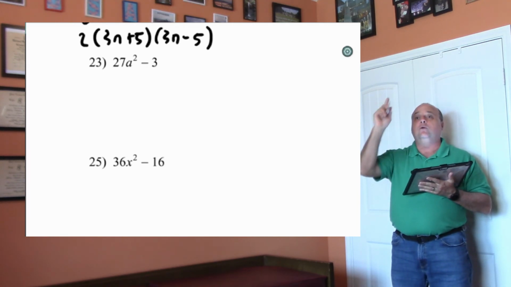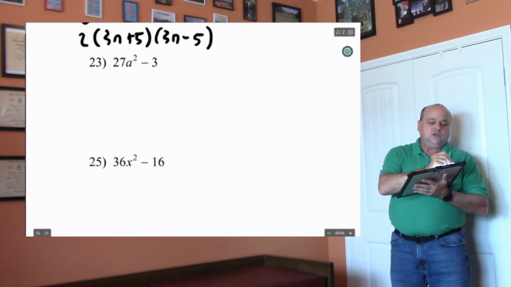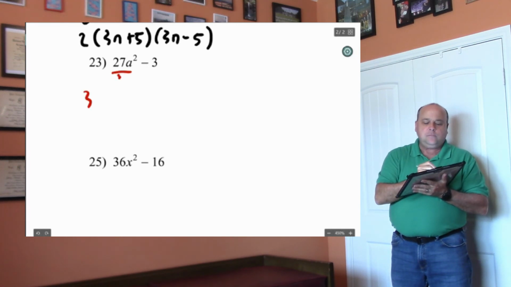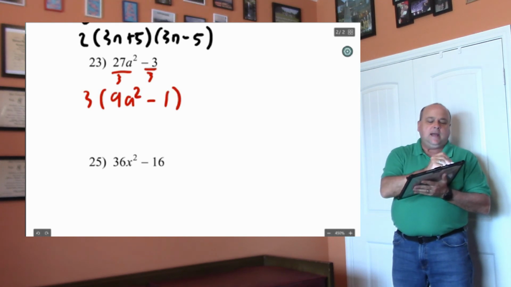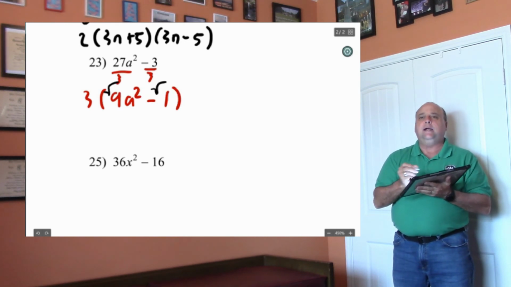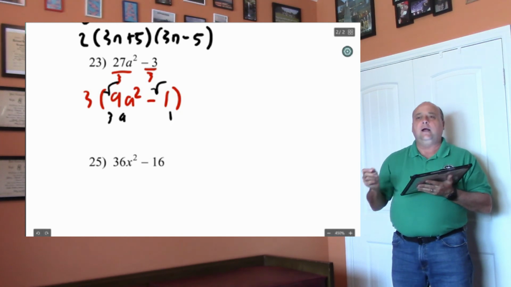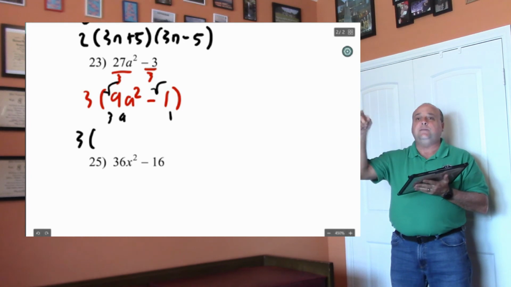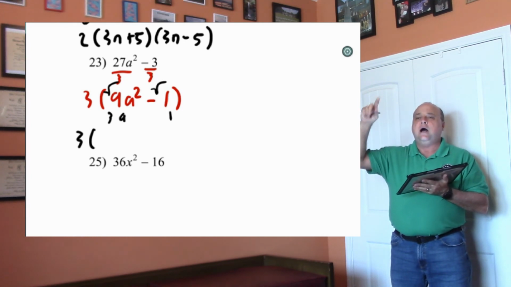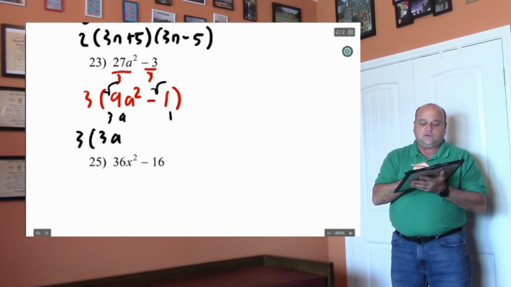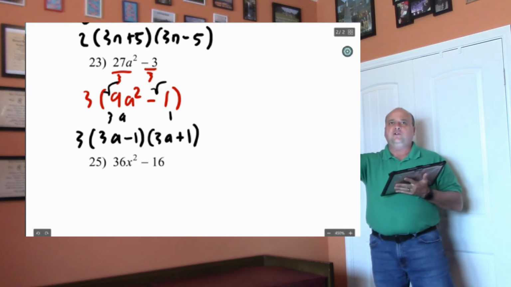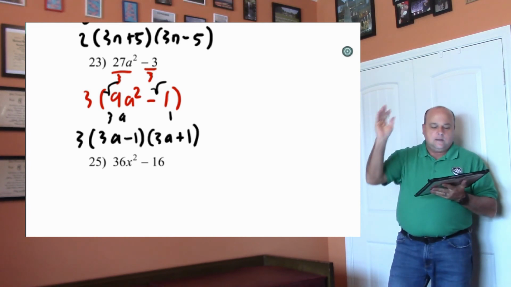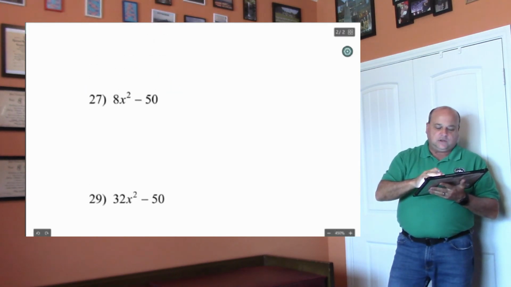27 and 3 are not perfect squares, but they divide by 3, don't they? So we're going to factor out a 3, divide by 3, and I'm going to get 9a squared minus 1. And notice these are perfect squares, right? You get 3a and 1, right? So I'm going to have a 3 outside the parentheses. This is a difference of squares, right? 3a minus 1 and 3a plus 1. Remember, you can put that plus or minus in any order, okay? Piece of cake. Let's go to